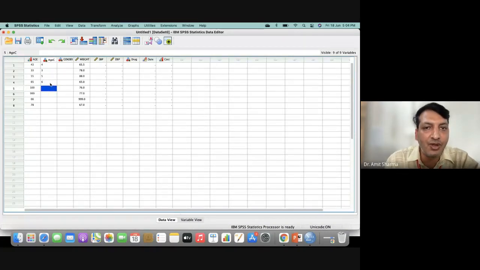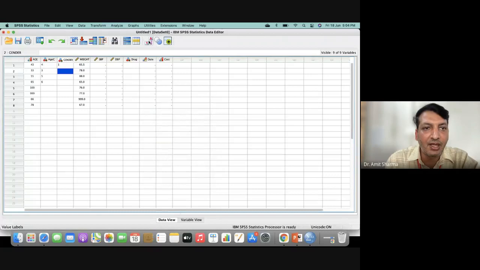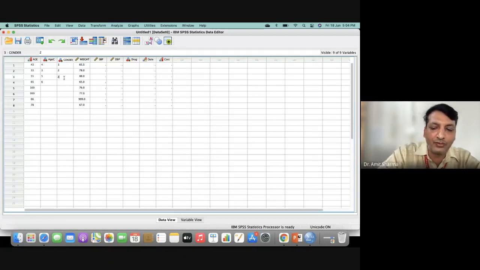For 6 we are not going to get any data because we have done the coding till 40. So for that we have to do the coding, then we are going to get here. Gender also we can add, that 1 is male. As I'm writing 2, 2, 1, 1, 2, 1 and 2.